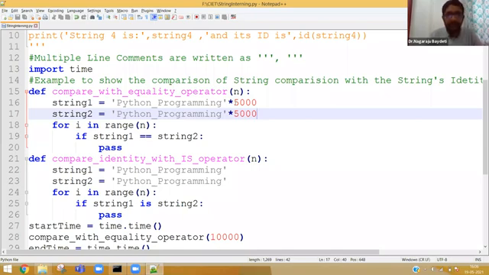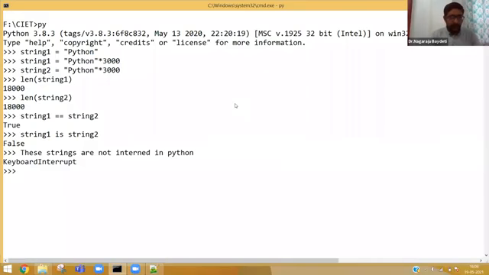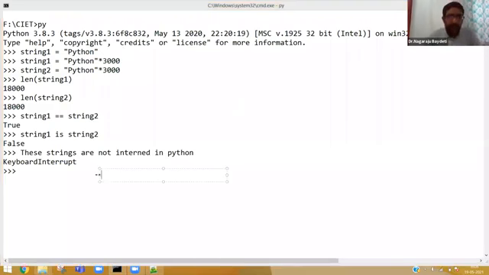What I mean to say is, in case a string is interned, let me write here. In a hurry or by mistake, I showed you an example which is not relevant to that particular program.